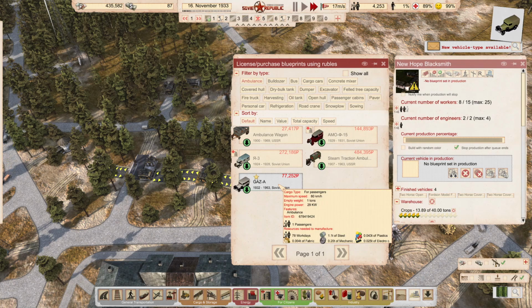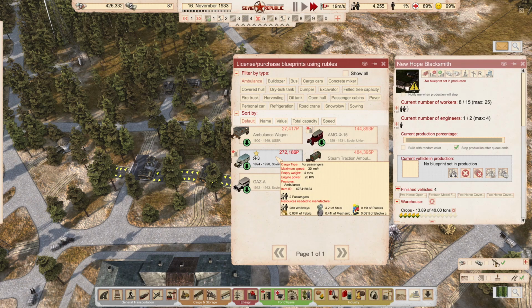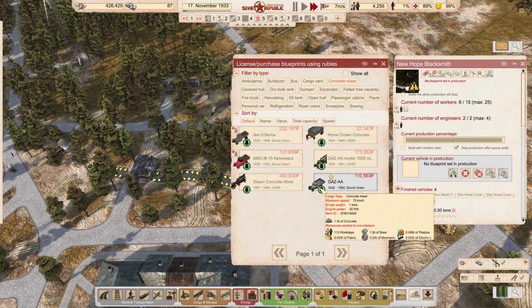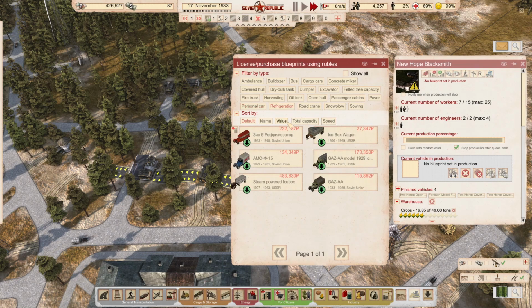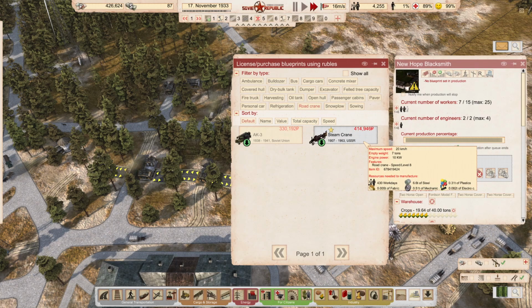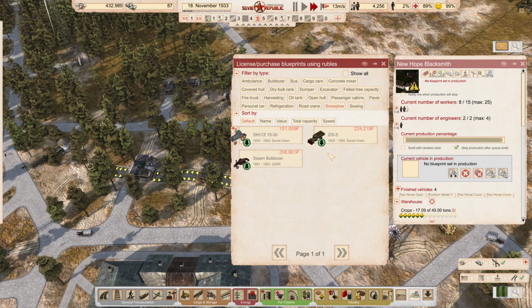27,000. Wow. Now that's got a nice top speed of 80. That's got a top speed of 30. So these guys aren't 77,000 though. This is the problem. Cargo cars, we don't really need that. Concrete mixers, 131,000. 48,000 on the NAMs. 115,000. That 500,000 for the steam crane. I wouldn't mind something for a snowplow. In fact,